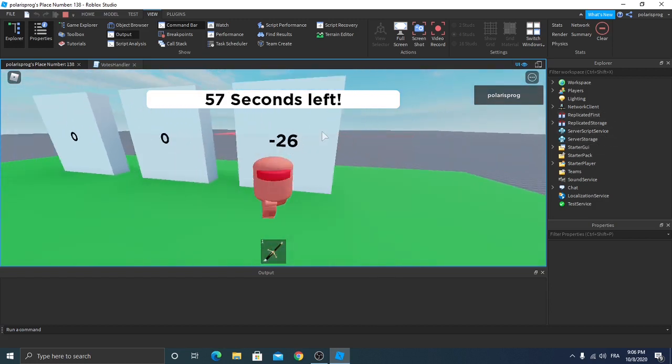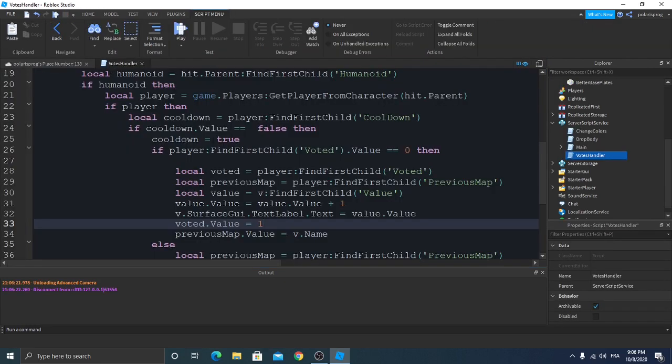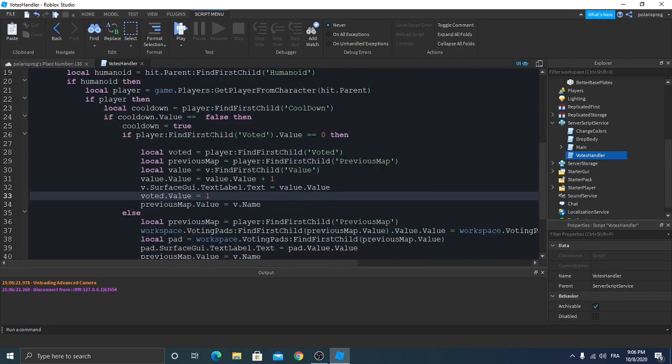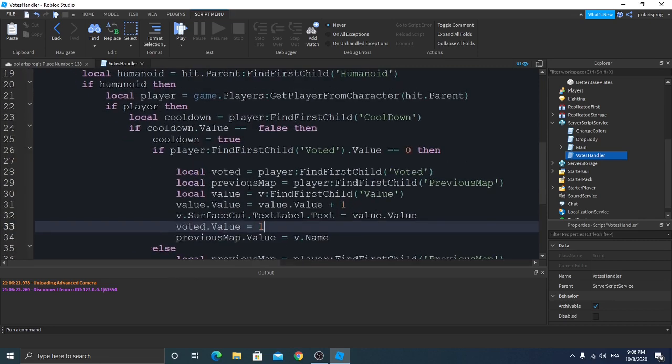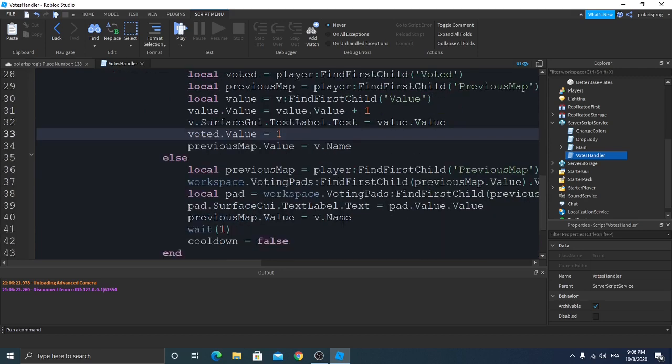As you can see, oh my god. If player.Voted.Value is equal to 0, then value.Value is equal to value plus 1. Value is equal to v:FindFirstChild(Value). Value.Value is equal to Value.Value plus 1. And v.SurfaceGui.TextLabel.Value is equal to 1. And previous